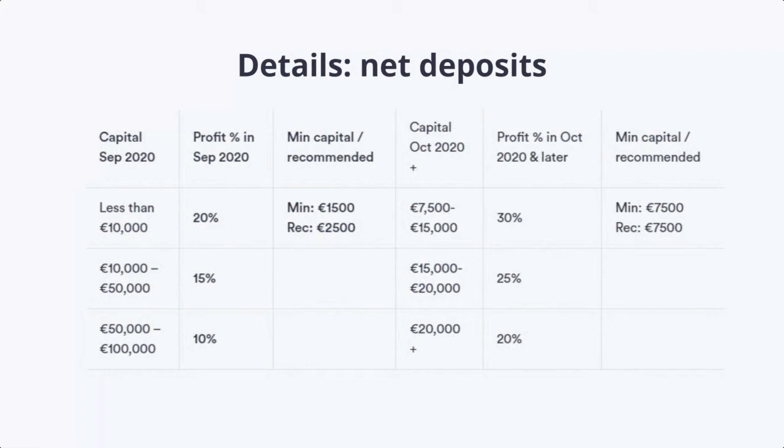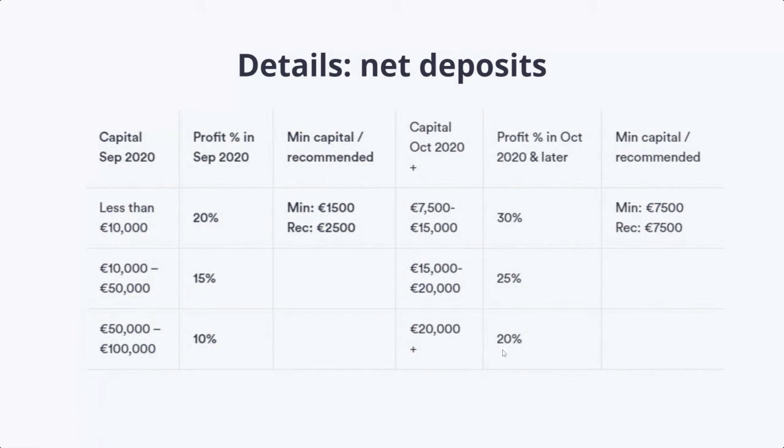If you invest a little bit more, you can decrease the percentage down to 15%. That's if you invest and trade with 10 to 50,000 euros. You have to open a Euro account, by the way, when signing up through Key2 Markets. And if you trade with 50 to 100,000, it's 10%. If it's more than 100,000, feel free to reach out to us so we can make a custom offer. That's all in September.